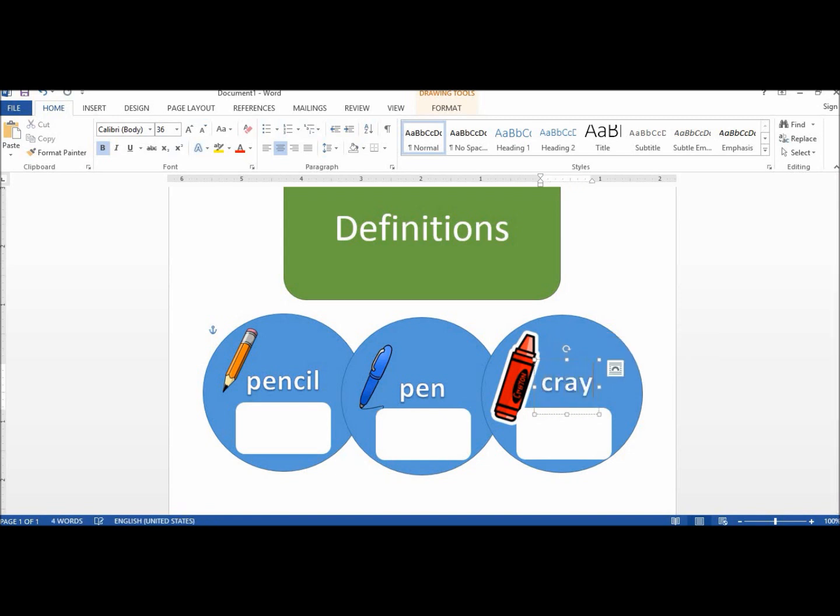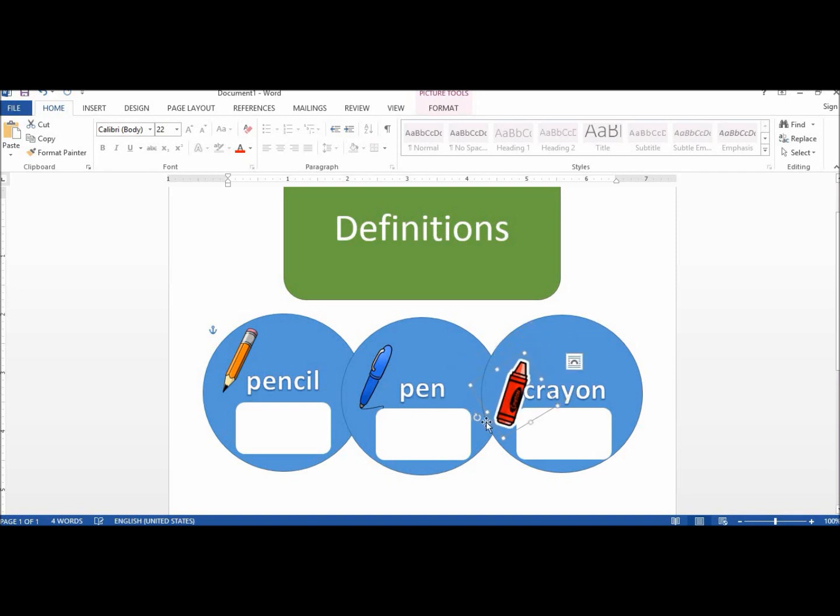Okay, crayon. Alright, and let's put that right in the center there. I'm going to use my arrow to get it centered. And that's still a little too big, so I'm going to move that right up there. Alright, so there you go. Now you can see that's just a little bit off, so I'm going to move it up. Alright, so there you go. So now,